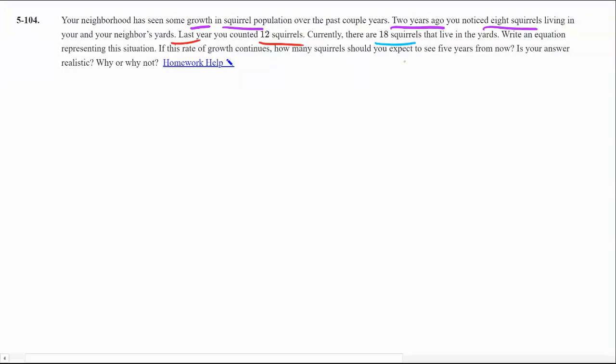So I guess I'll do this in 5 years. Is your answer realistic? Why or why not? So to start, again, 2 years ago is where we're going to start here. So y equals a times b to the power of x. In this case, we'll say, x and y table here. The time from 2 years ago, at the very beginning of when we started looking, which is